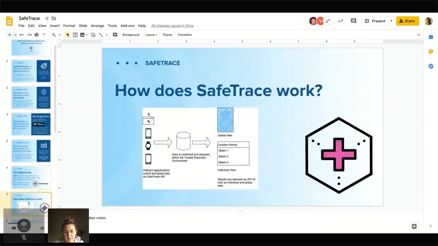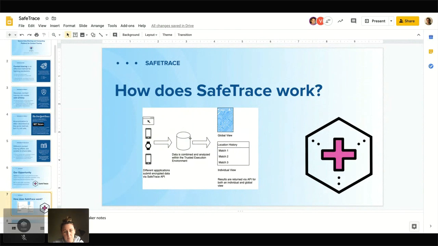The way that this works at a high level is that various applications that collect things like user data or Bluetooth data can send that information to the SafeTrace server, where the code is being run inside of a trusted execution environment.